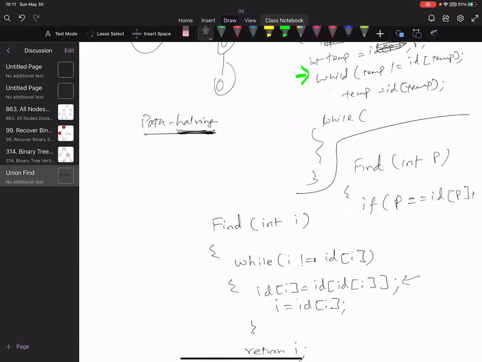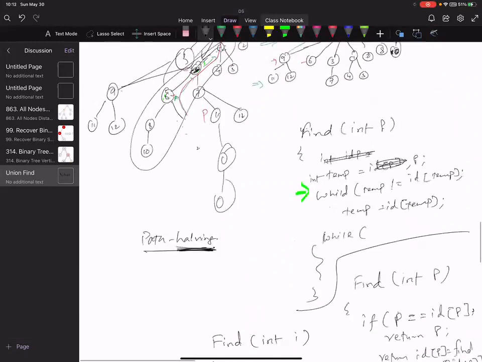Then yes, return P. Else, ID of P is equal to find ID of P. I think 3 lines would be a little cleaner: ID of P equal to find, and then return ID of P, but I just wrote it like that. Yeah. Understood. I think this perfectly makes sense.